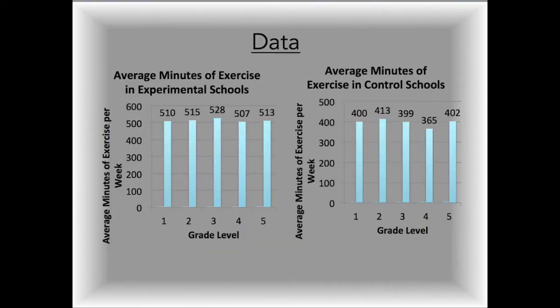The graphs you see now compare the mean minutes of exercise between the experimental and control schools. It is clear that the students involved in Project Play exercise a lot more than students not receiving the intervention. Another univariate analysis we used was a summary count of the total number of students involved in our experimental and control schools. So you mentioned you also use bivariate analysis. Can you tell me more about that?